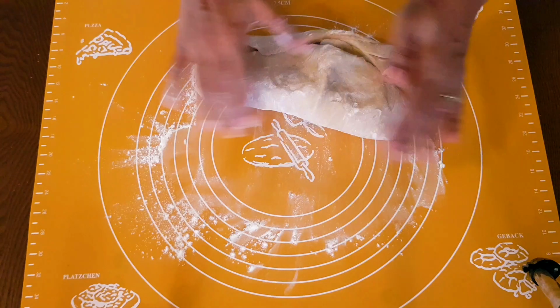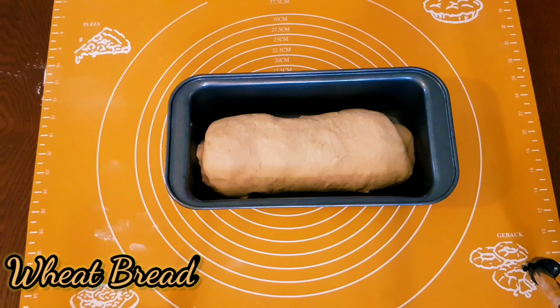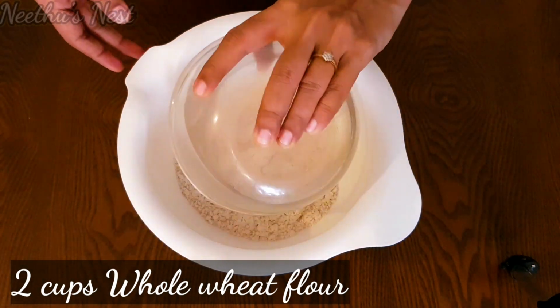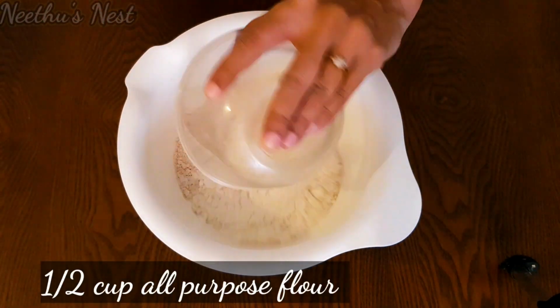Our today's recipe is a type of brown bread prepared with whole wheat flour or atta, which is a healthy alternative. You will need 2 cups of whole wheat flour, half cup of all-purpose flour,